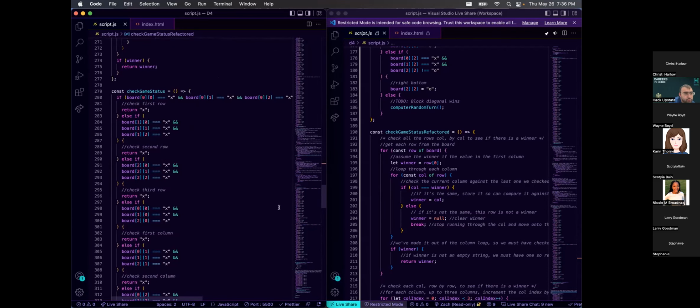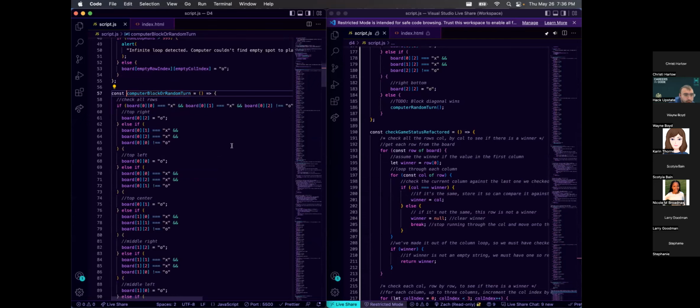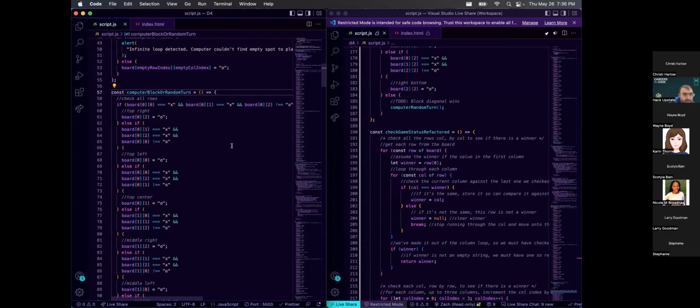So if you go down to the computer block or random turn. Okay, top right, you say if 0, 0 and 0, 1, then it checks 0, 2, and if it's not an O, that's where we're gonna go. So the problem isn't there, which is where I thought it would be. Go down to your diagonal.